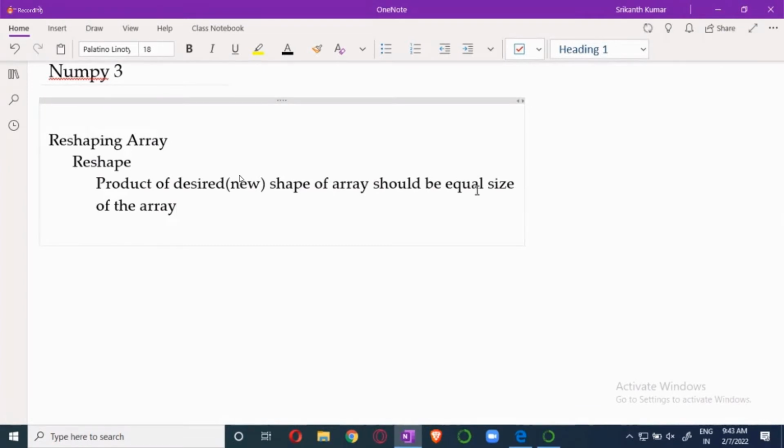Both are same. Okay, that's fine. Now this is one. The other one is